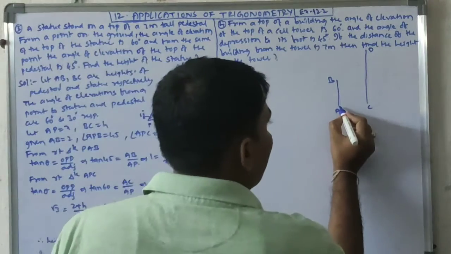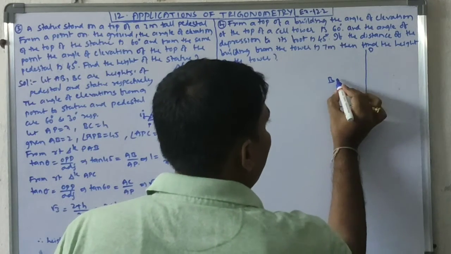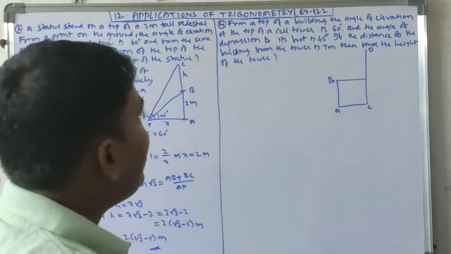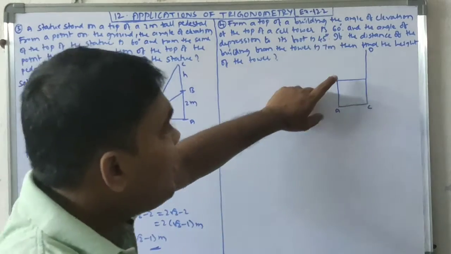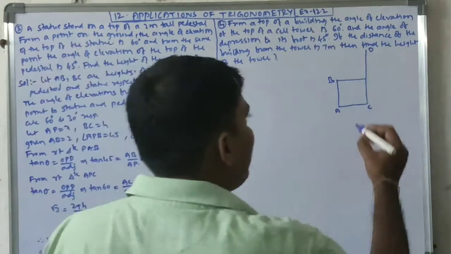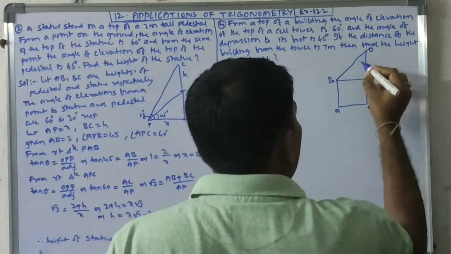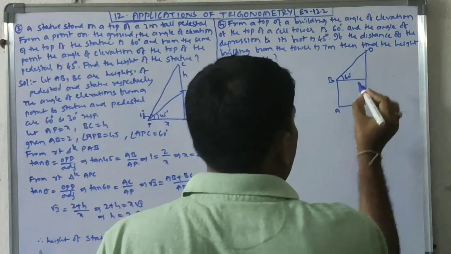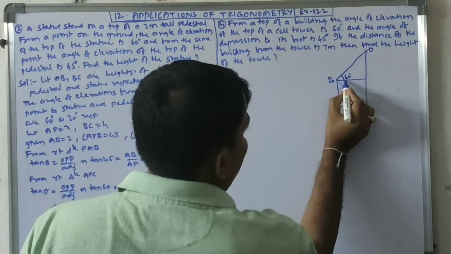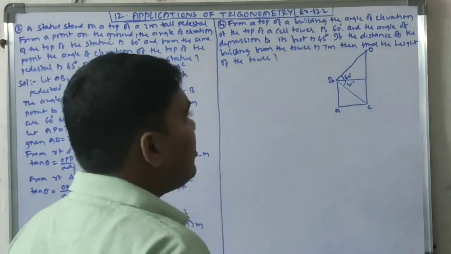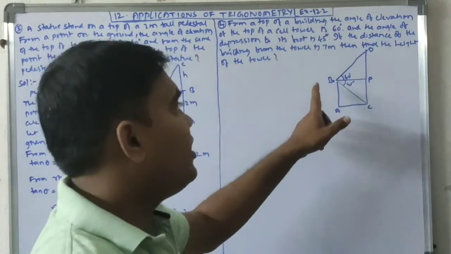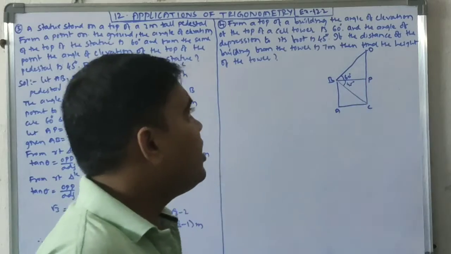So I want to draw horizontal lines through points A and B. Now, if you are observing from point B the top of the tower and the foot of the tower, the angle of elevation to the top of the tower is equal to 60 degrees, and the angle of depression to the foot of the tower is equal to 45 degrees. Let us consider this point: if we draw a horizontal to point B, it meets at P.